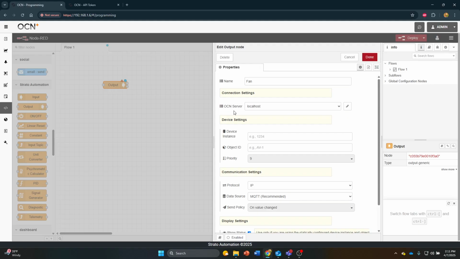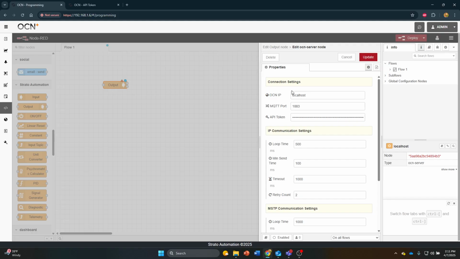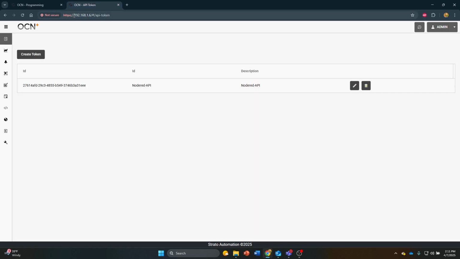Next, I need to tell it which ocean server I want to route the data through. So I can either choose my local host here and configure it by entering the IP address of the ocean server I want to use, or local ocean server. Enter my MQTT port. I will grab my API token from 192.168.1.6 because that's the ocean server I want to talk to. But you'll enter whatever IP address you're using here,